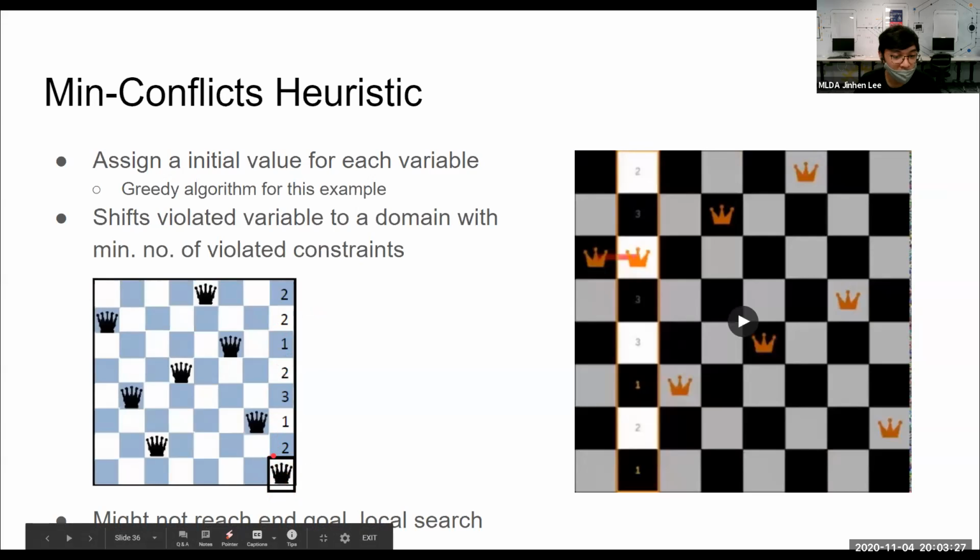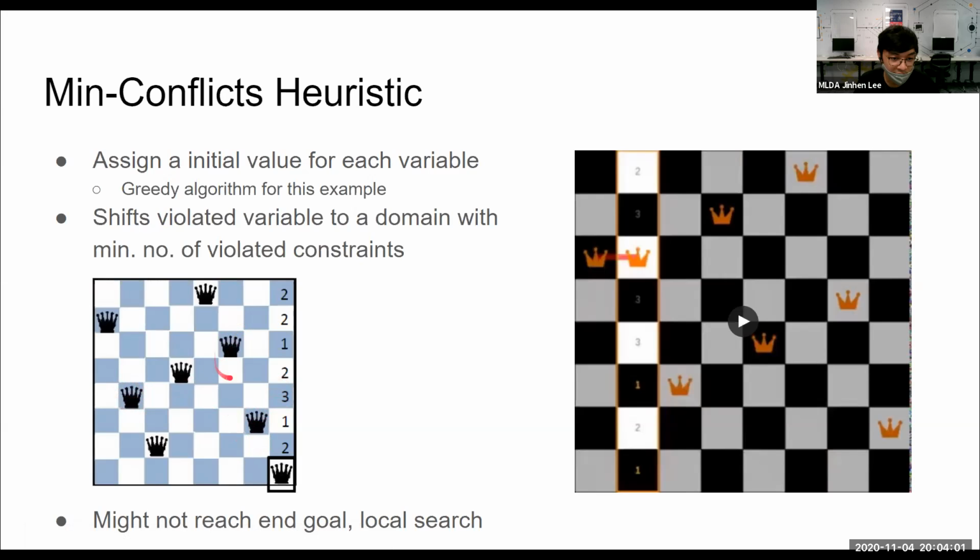So we look at this queen and we look at this state over here. If I put it here, how many constraints will it violate? If I put this queen at this spot here, it will violate this row, so 1 constraint violated, but you also violate this diagonal one. So 2 constraints violated, so I will fill this number as 2. And same thing, if I put this queen, let's say at position 3, I will get a violation with this queen, and I'll get a violation with this queen.